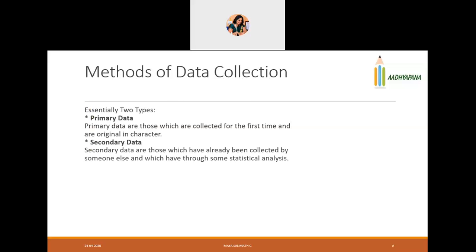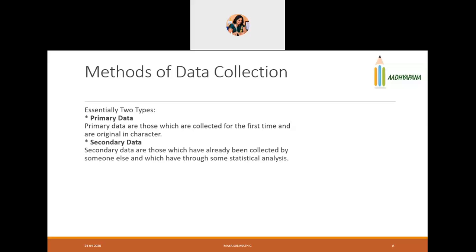Now, these are the methods of data collection. Usually, there are two kinds. All data collection methods will be classified under these two: primary data and secondary data. But when it comes to what should be done first, it is always the secondary data. During the process of your research, whether you should collect primary or secondary data first, the answer is always the secondary data.